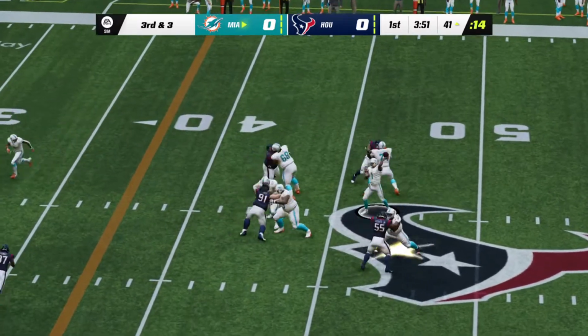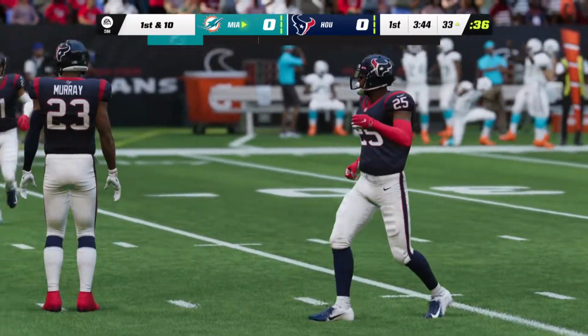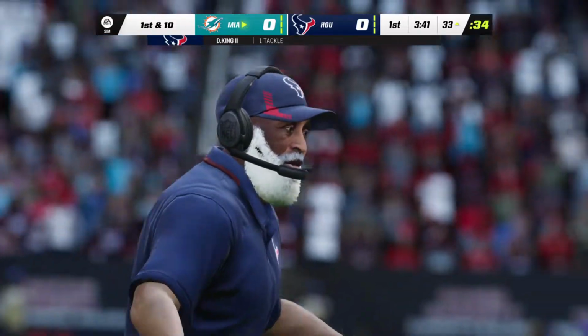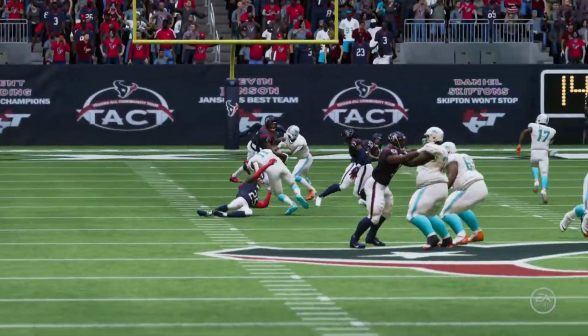Going to the air, Tagovailoa. Got a man complete to Cedric Wilson. And he is going to have the Dolphins first down, and he was able to get it by plenty. A gain of 8 on 3rd and 3. Solid opening drive so far, Charles. They've moved this football into field goal range, but you know that they want to cap this off with 6